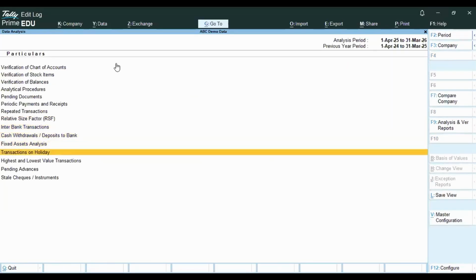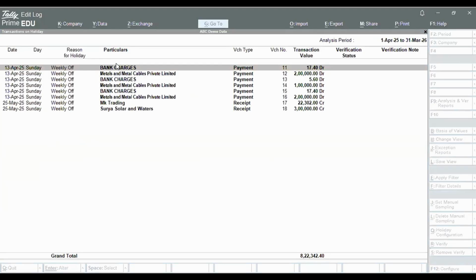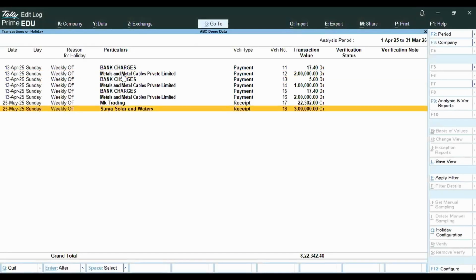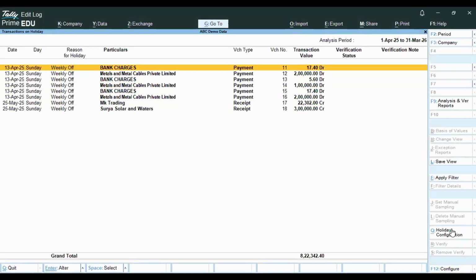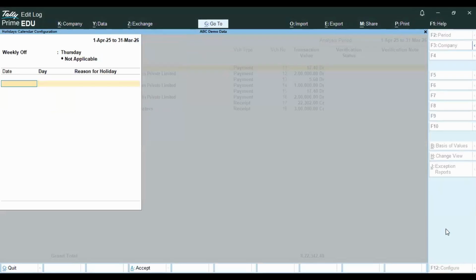Then there is an option called transaction on a holiday. This is again an interesting part. I'll go to the pending document part also. Under transaction on holiday, Tally lets you specify your own holiday. Like there are certain IT companies who have another day as a holiday. Suppose I specify that Thursday is a week off, and say 15th December, 15th August is a week off, or say,